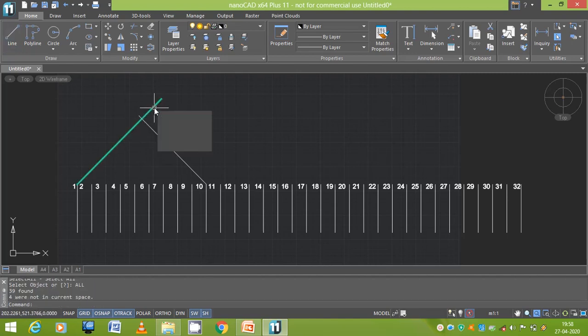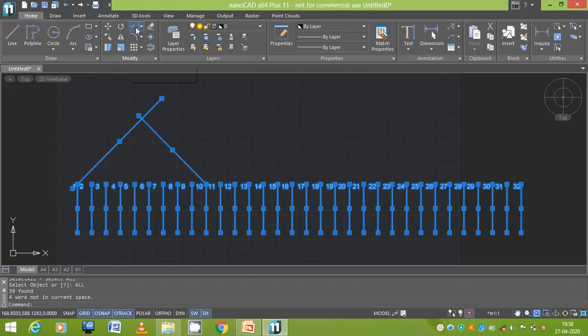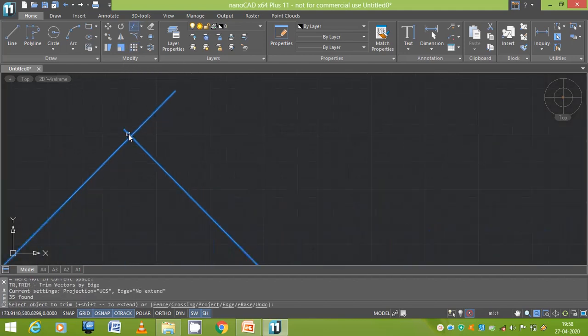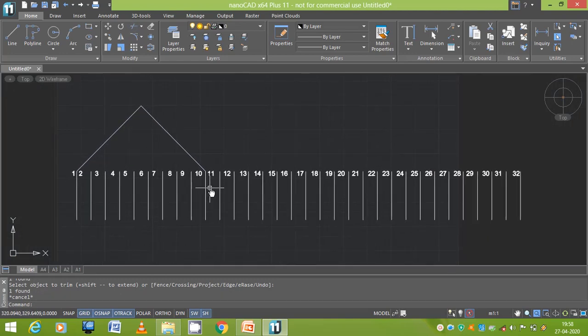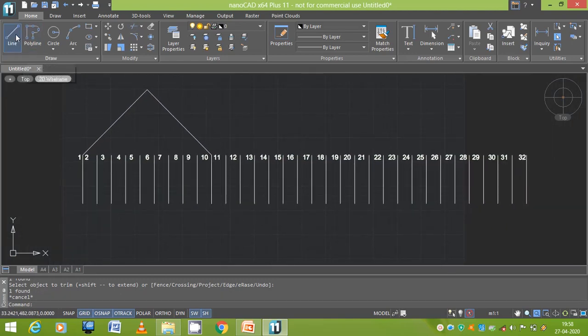Okay, and this is the 10th conductor. Now you trim the unwanted portions. This is the back end connection, and at the front end the 10th conductor is connected to the fifth conductor, because the front pitch is equal to 5.